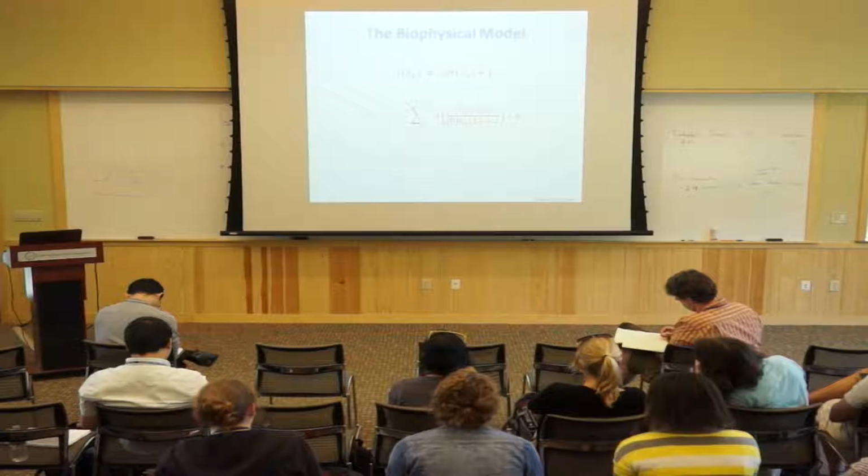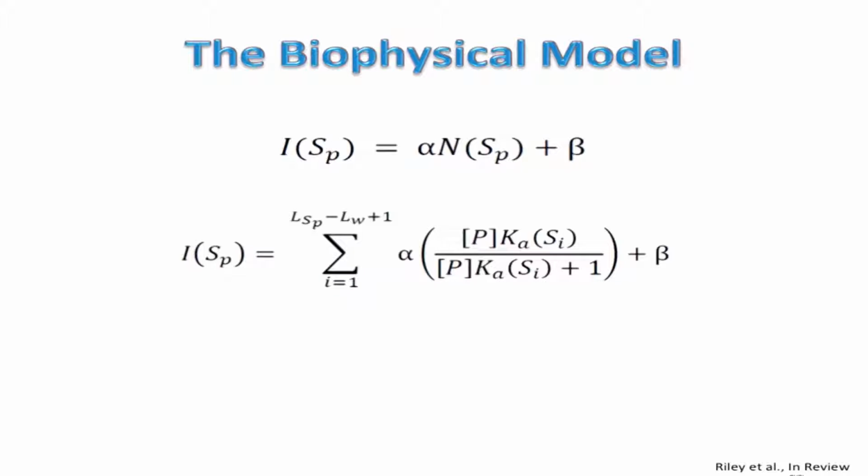So that's what the summation is doing. And now what I've done here is basically just replaced our occupancy variable in terms of the function, in terms of the free protein concentration and the binding association constant from the previous slide. And then lastly, the next step is